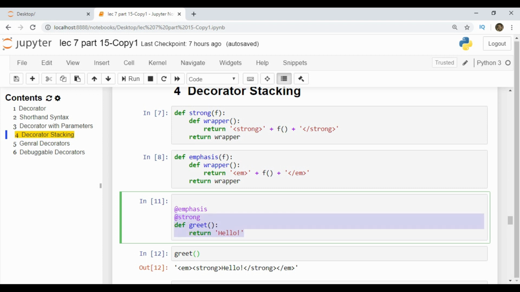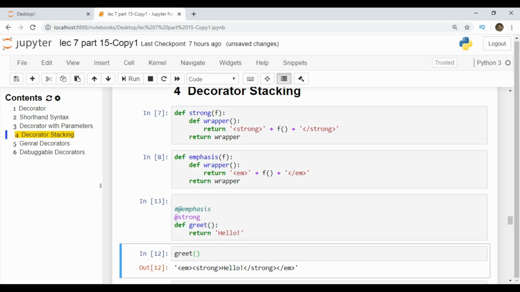Means you have a function here which is giving an output strong, hello, strong. If we don't apply the outermost decorator and run this cell, the function is returned which is accepted as greet due to the shorthand syntax, and we call the greet function, we get the output as strong, hello, strong.